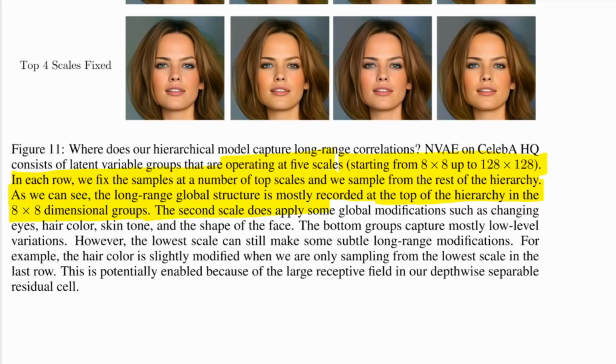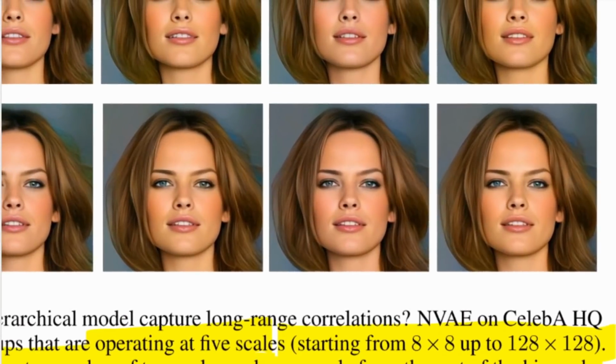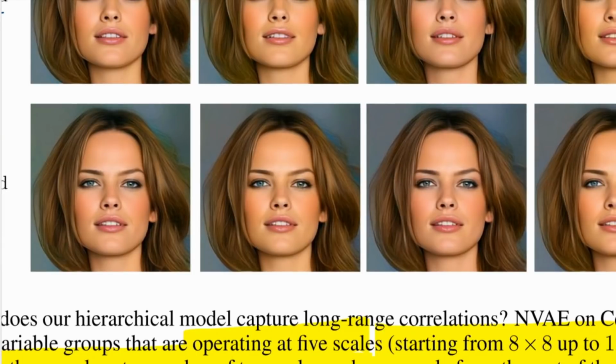The second scale does apply some global modifications, such as changing eyes, hair color, skin tone, the shape of the face. The bottom groups capture mostly low-level variations. However, the lowest scale can still make some subtle long-range modifications. For example, the hair color is slightly modified when we are only sampling from the lowest scale in the last row. This is potentially enabled because of the larger receptive field in our depth-wise separable residual cell. Yeah, the hair color changes, okay, slightly, maybe. I don't know, my eyes are